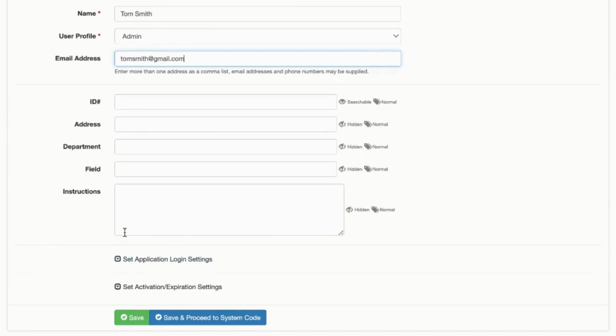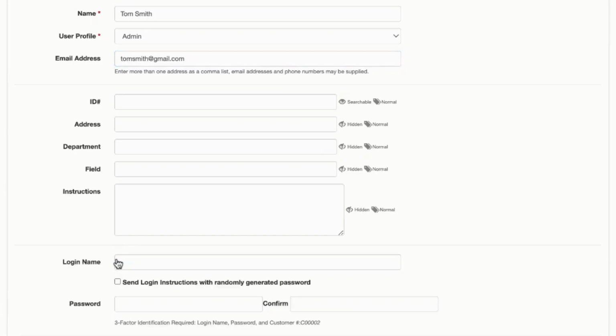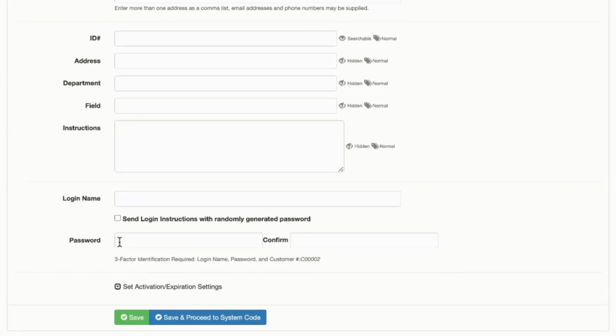If you'd like this user to be able to log into Connect One with some set of permissions, you can choose a login name and password for them. You can have as many users as you need logged in simultaneously, and they can all have a different set of permissions, so there's no limit to that. Specify a username,